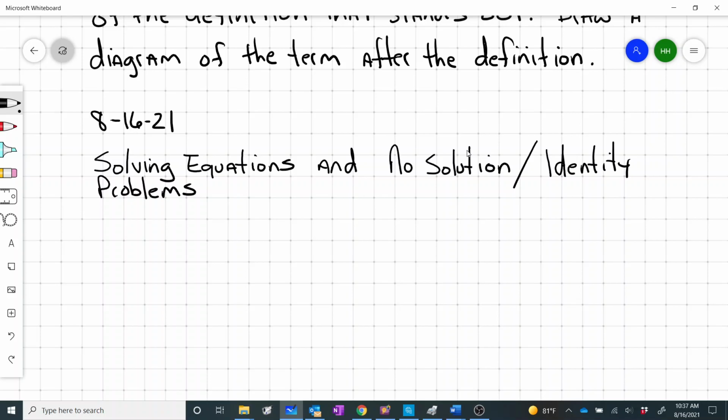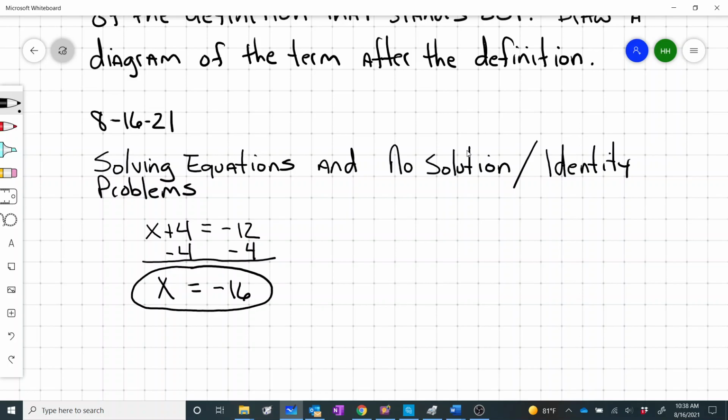Alright, so real basic, again, I'm going to do some example problems, then I'm giving you some practice. Solving one-step equations. If we got x plus 4, and it's equal to negative 12, alright? If the variable's having 4 added to it, then we're going to subtract 4 from each side. Alright, so our x in this case is equal to negative 12 minus 4, that's negative 16. Alright, now,